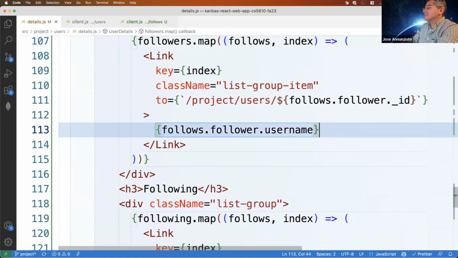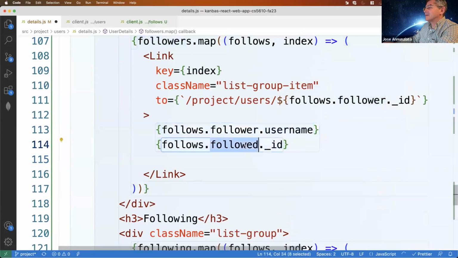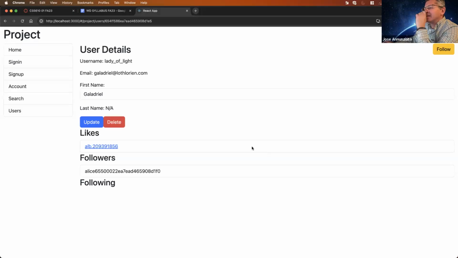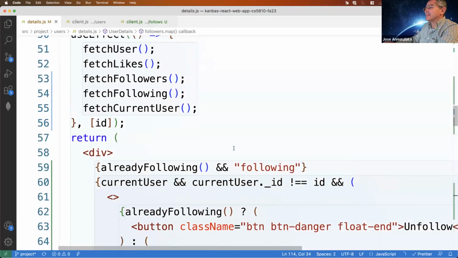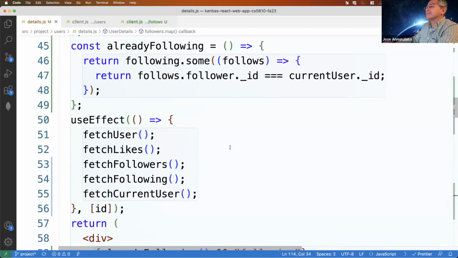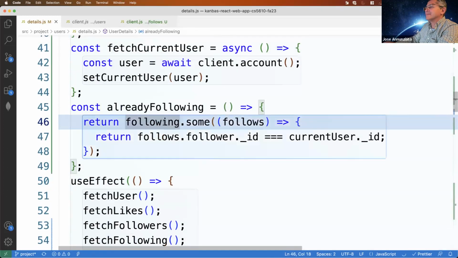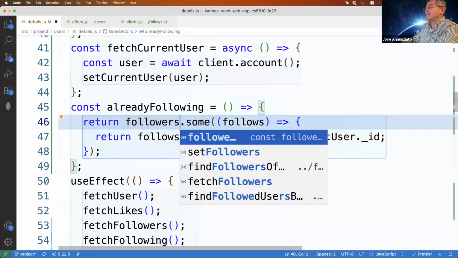And here too, of the follower. Okay, we have Alice, followers. Oh, okay, so it's in the followers, not in the following. Already following. Okay, so this is the followers.